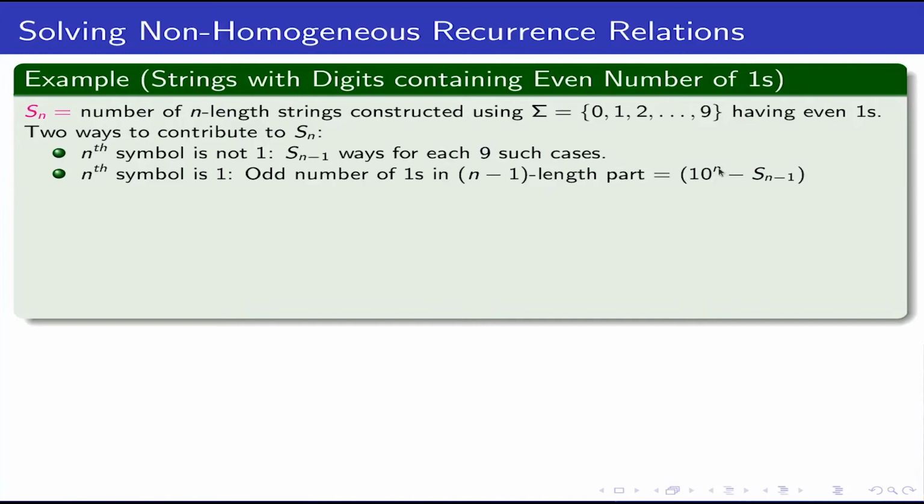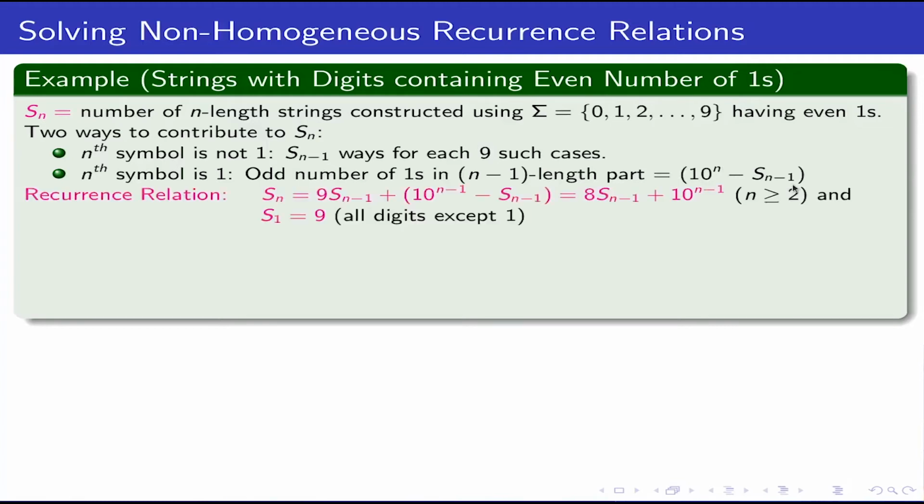Sorry, this will be n minus 1. This is a mistake, this will be n minus 1. So it is 10 to the power n minus 1 number of all possible strings of n minus 1 length. How many of them are even? S n minus 1, because I define Sn to be n length strings with an even number of ones. So how many of them are odd? So 10 to the power n minus 1 minus S n minus 1 of them are odd, n minus 1 length